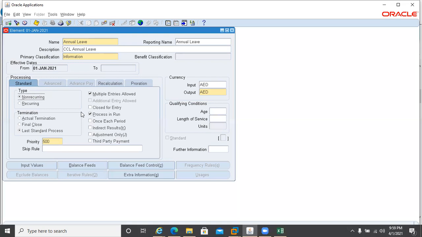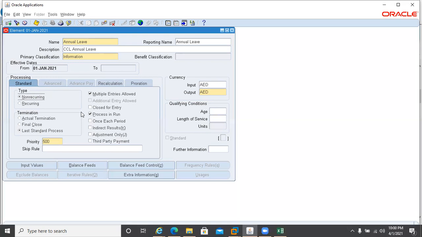In a month, you can allow 2 or 3 annual leaves. For one day, he applied for annual leave. So he applied 3 times on different days of a month. But that is in a period. Period is Oracle payroll terminology. A period is 1 month, and within that 1 month period, he can apply multiple